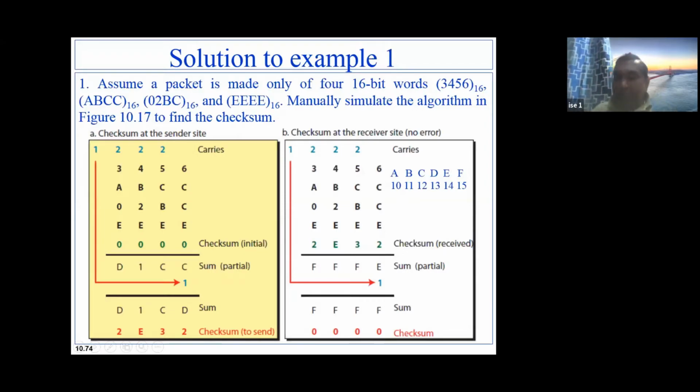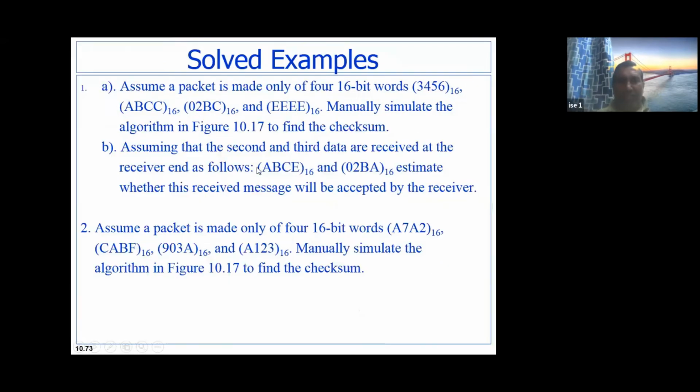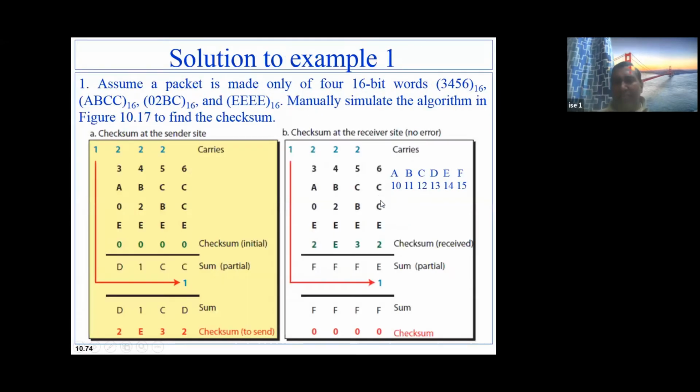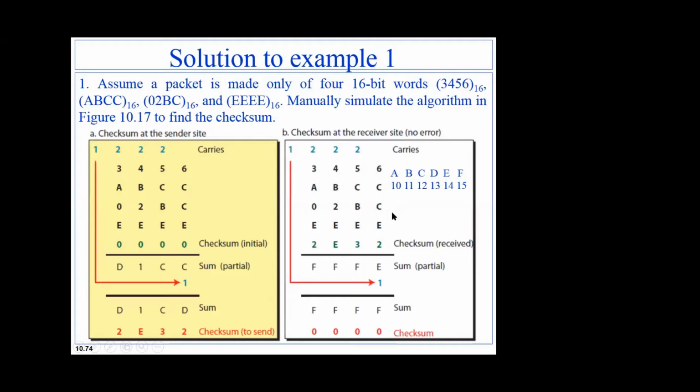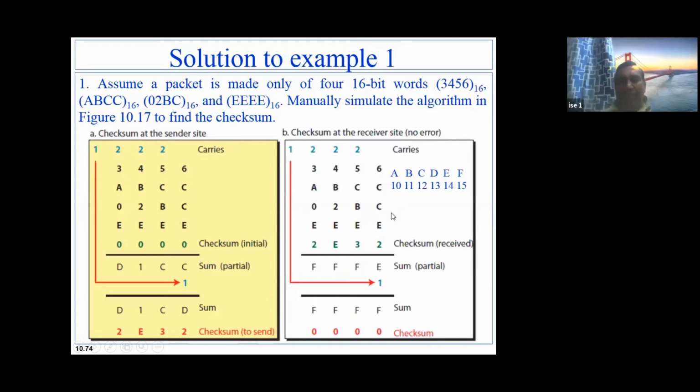Now I have error in two positions. Here in this second case, I have error in two positions. Instead of C, I am getting E, and instead of C here, I am getting A. So error is in two positions. Here I am getting E, and here I am getting A. You got the idea? Accepted. Why will it be accepted?